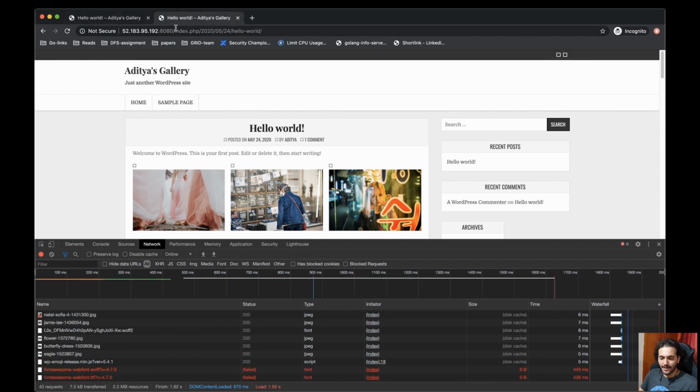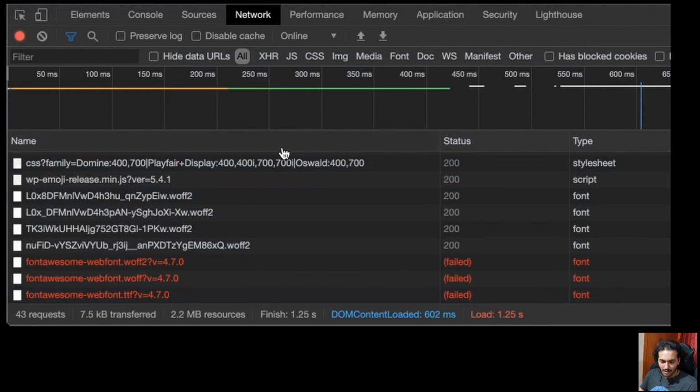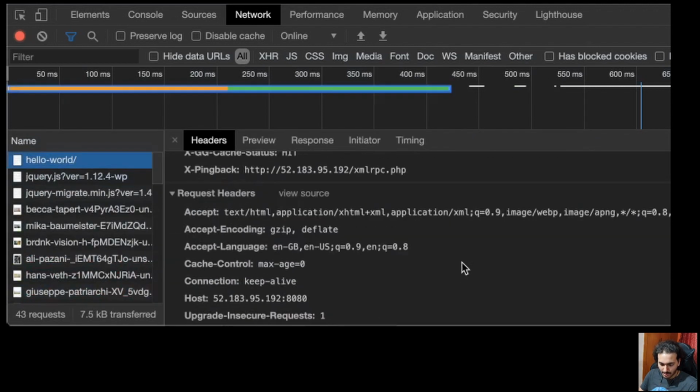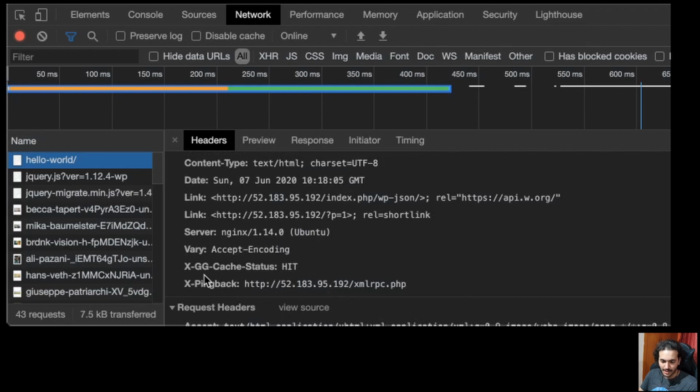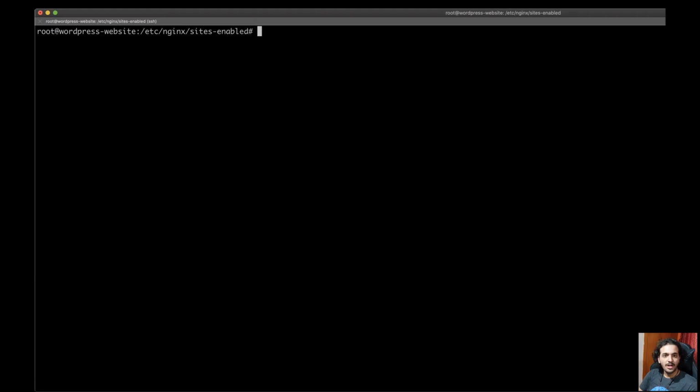Okay, now if I go back to this, and this is on port 8080. If I try reloading this, what you will see is, wait, let me go back to this, there is a header which I'm trying to set, which is X-Cache-Status. And if you notice, this is actually pointing to HIT. This means that whenever I'm trying to access this website on port 8080, it has actually hit the cache. It's not a cache miss. So it has not gone to the Apache process, but the Nginx process has served this content directly.